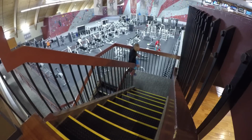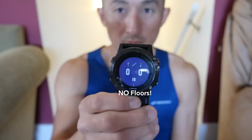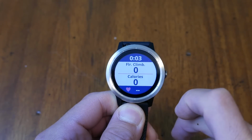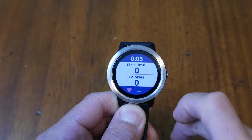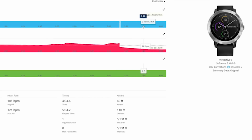But the interesting thing is that in the wide open stairwell, the Fenix did very well in tracking the floors, while it did very poorly in the narrow one. So unfortunately, the one piece of data that matters with this activity, the number of floors climbed, was just not that accurate. An interesting thing to note is that the minimum and maximum elevation figures were exactly the same, and